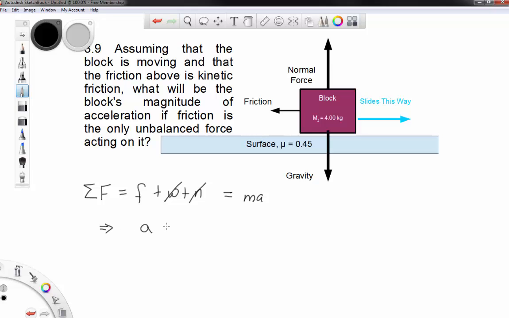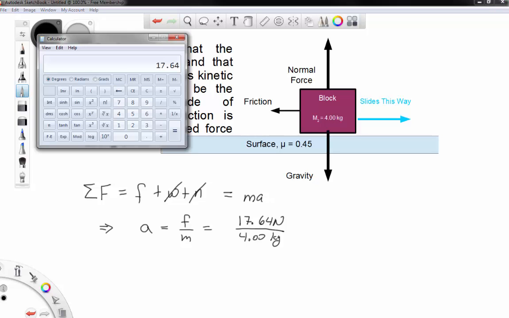So what this all is saying basically is that the acceleration should be the friction force divided by the mass of the block. Now, the friction force we found in the previous problem was 18 newtons. I'll go ahead and put in the 17.64 newtons that we found before and divide it by 4.00 kilograms, bearing in mind, of course, that we really have two significant figures here because you can always round at the very end of the problem. So we take the 17.64 newtons from the previous one, we divide that by 4, and we end up getting